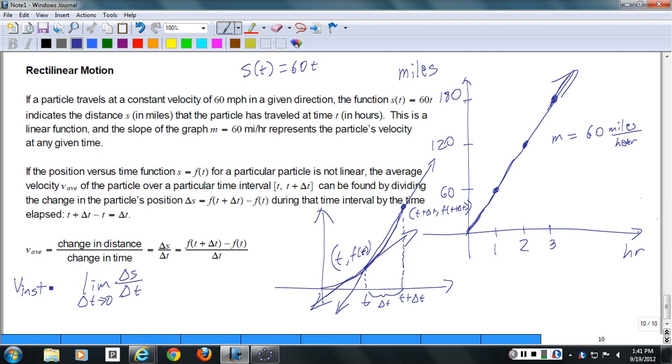So the slope of the tangent line to the graph of the position function is going to be the velocity